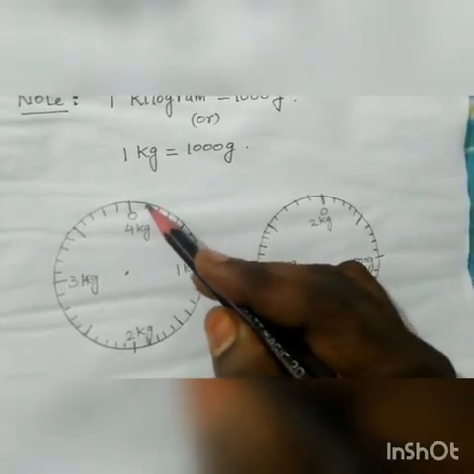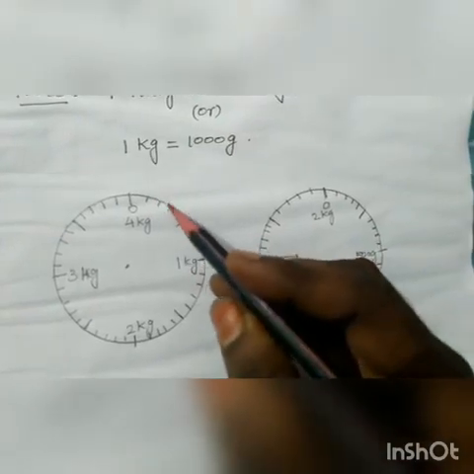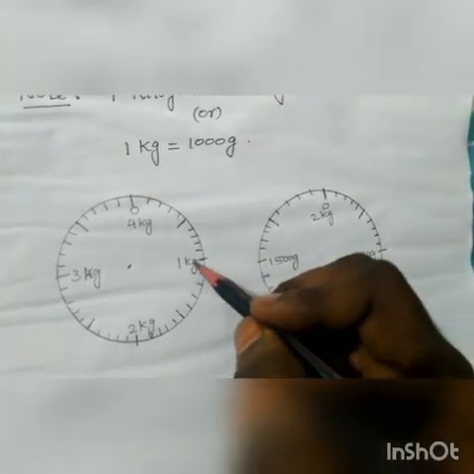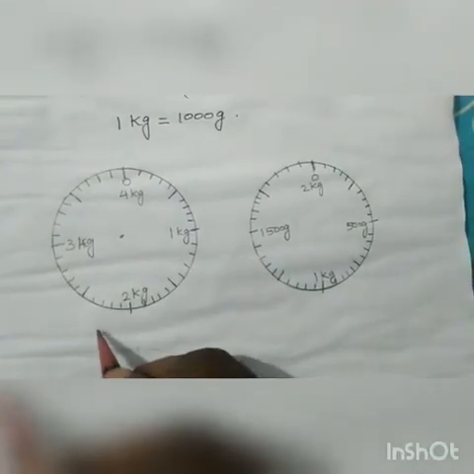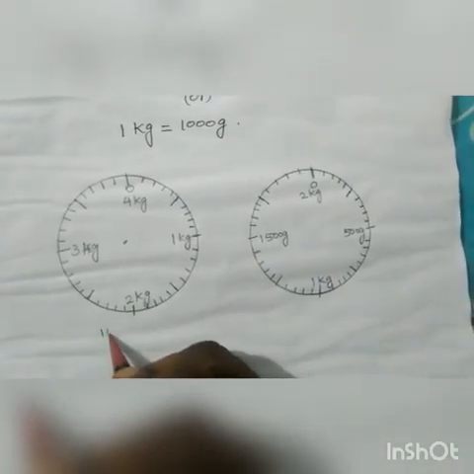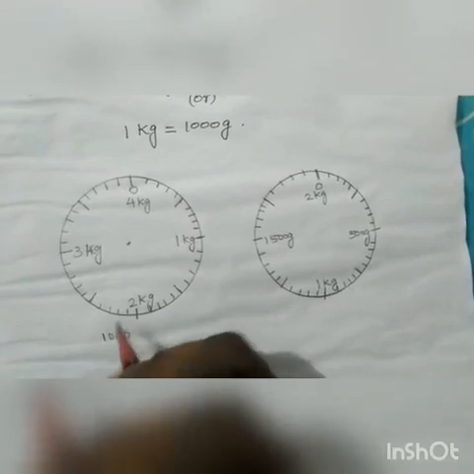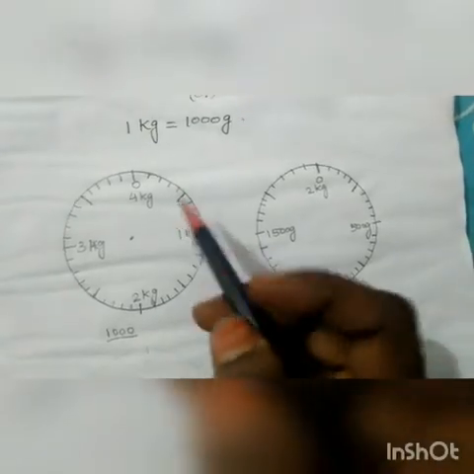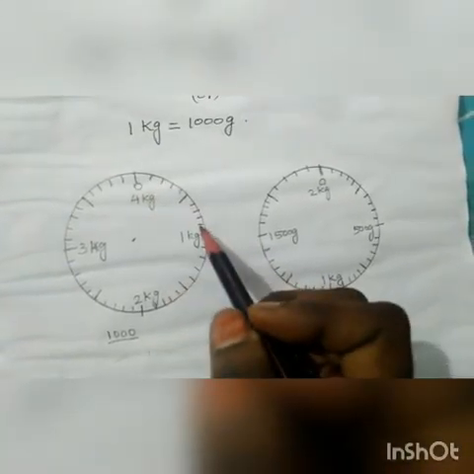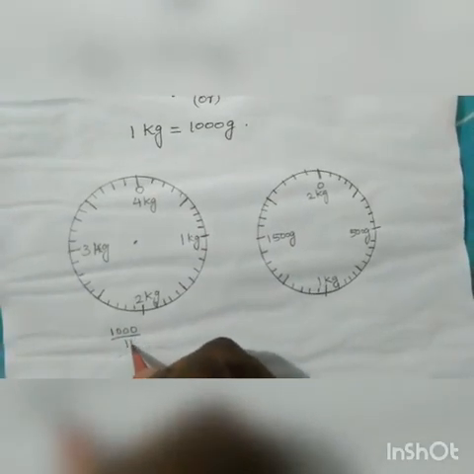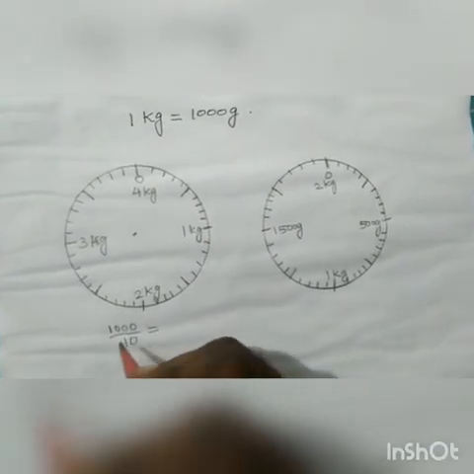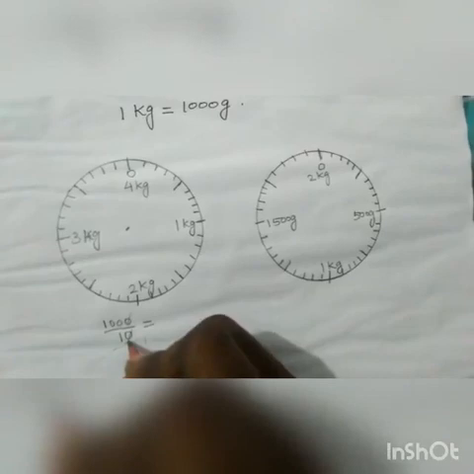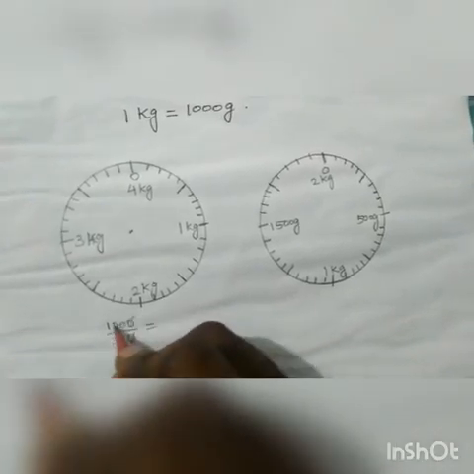So each line indicates how many gram? To find that, what we have to do is, from 0 to 1 kg or from 0 to 1000 gram, we have to take 1000. 1 kg is equal to 1000 gram, right? So I am taking 1000 here. So 1000 divided by, between 0 to 1 kg how many lines are there? 10 lines. So we have to divide it by 10. 1000 divided by 10. If you divide 1000 by 10, which means how many times will we get 1000 by using the 10 table? 100 times. We will get 100 times.